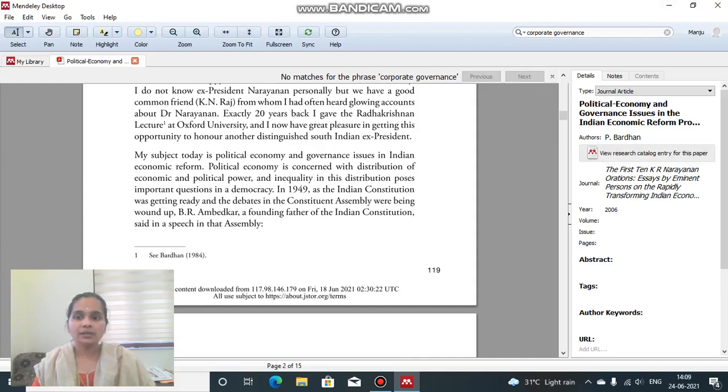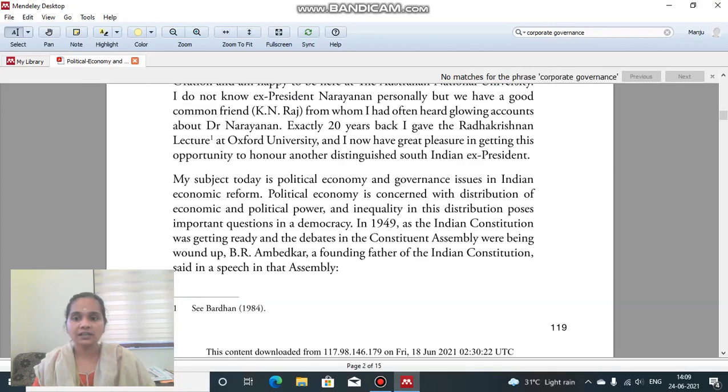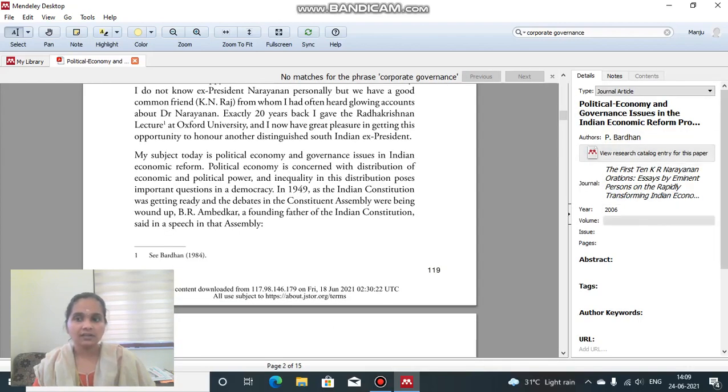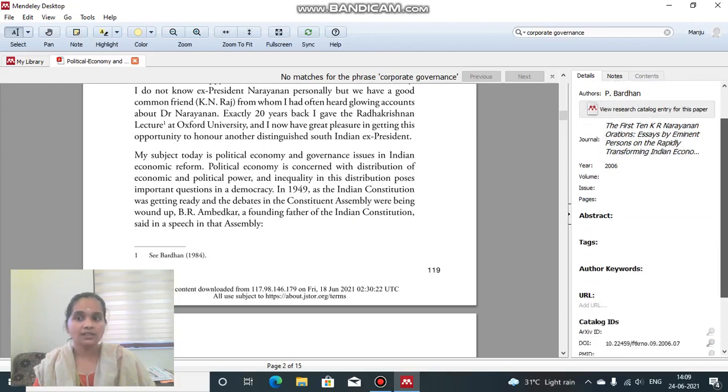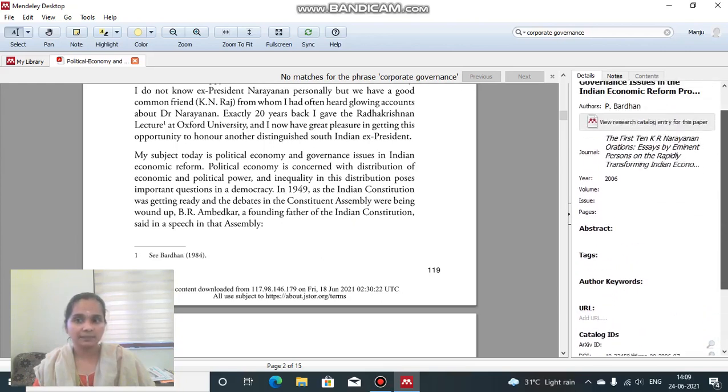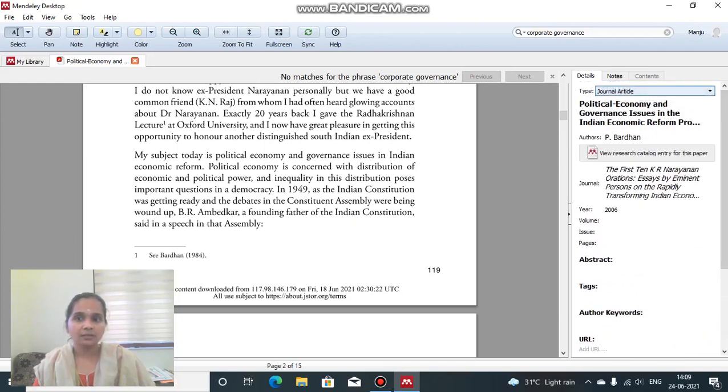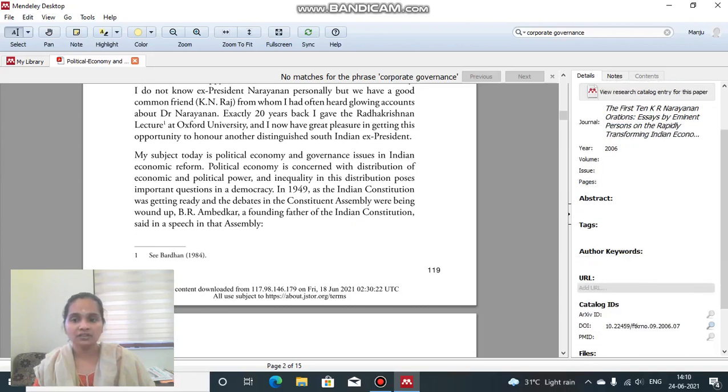And here you can see a box also. By just clicking on this small triangle, it gets extended like this. And here you have a box giving all the details about this paper, the metadata. It will give the type, journal article. What's the name, author P. Bardhan. Then the journal in which it was published, the year of publication. You can add URL details if available here. You can edit here like this.